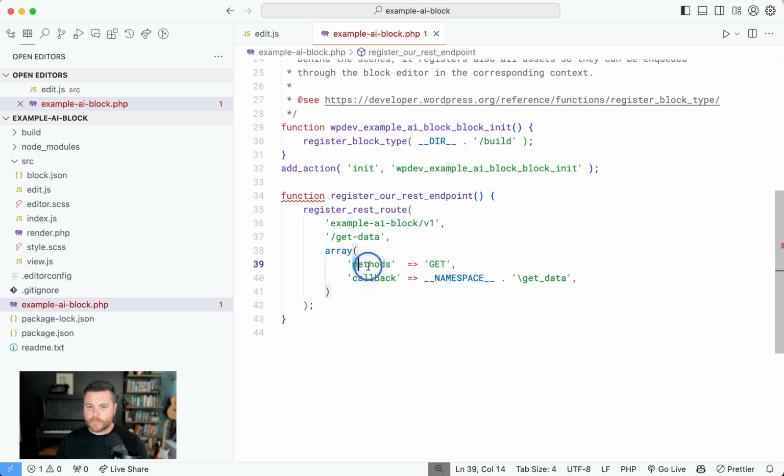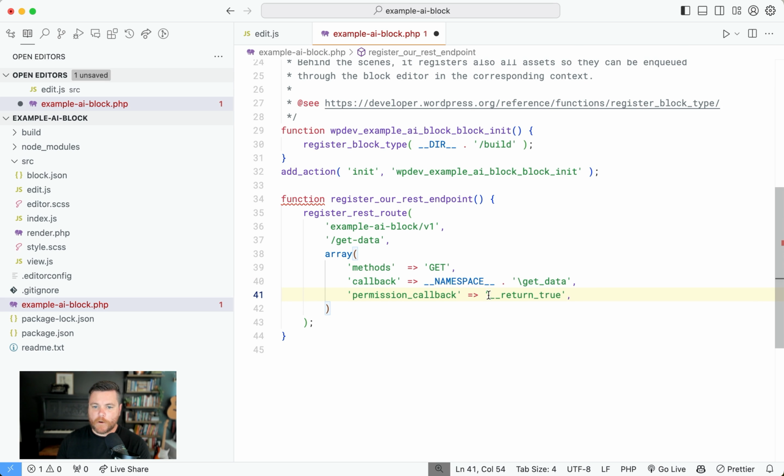And it's some stuff about the endpoint. The callback is basically the function that's going to run. And the last piece we need is what's called a permission callback. Now, a permission callback is who's allowed to access this endpoint. And if I pass return true, it means that literally anybody could hit this REST API endpoint on my website, and that would actually trigger a call to OpenAI, and that would not be good because that's going to cost money. And so I don't want it to be public. I don't want anybody to be allowed to hit this. It has to be